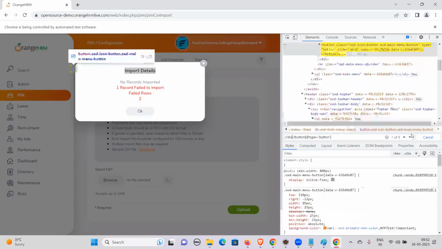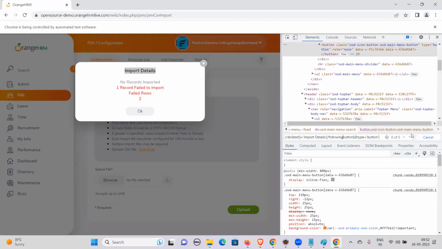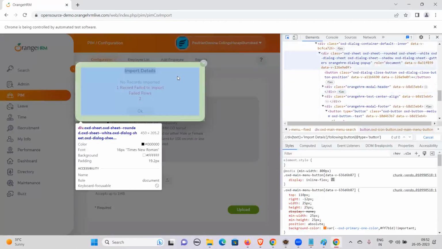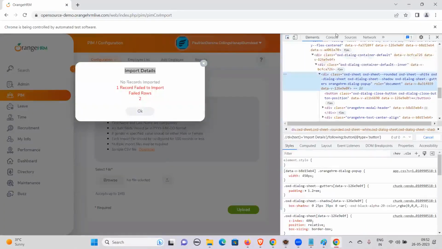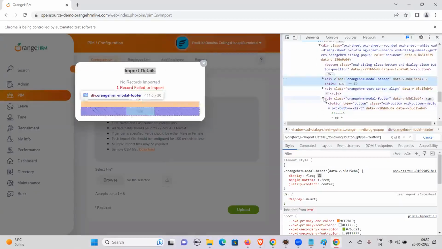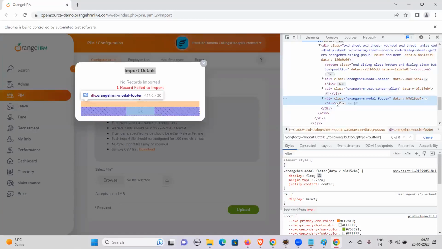So it is available in the div. What we have is text equals to input button. Now you see I'm going to use following. Where it is available, it is under the button, following button. Okay, let's go and try to identify it again. Otherwise, you can take the total DOM, the total model we have here. Otherwise, you can just go ahead and check this one. So is it available under this? Yeah, all of them are like,